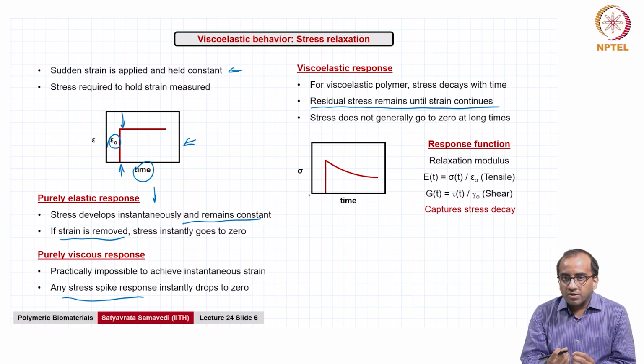For example, for thermosets, because of crosslinks, etc., you will typically have some residual stress, and perhaps for thermoplastics at very long times they may go to 0 as time tends to infinity, right. So, these are some ways to think about stress relaxation for the different kinds of materials. And just as we saw creep compliance for creep, here for the response function, again it makes sense to talk about time varying properties. So, we are looking at the relaxation modulus, where again E of t if it is tensile, G of t if it is shear,